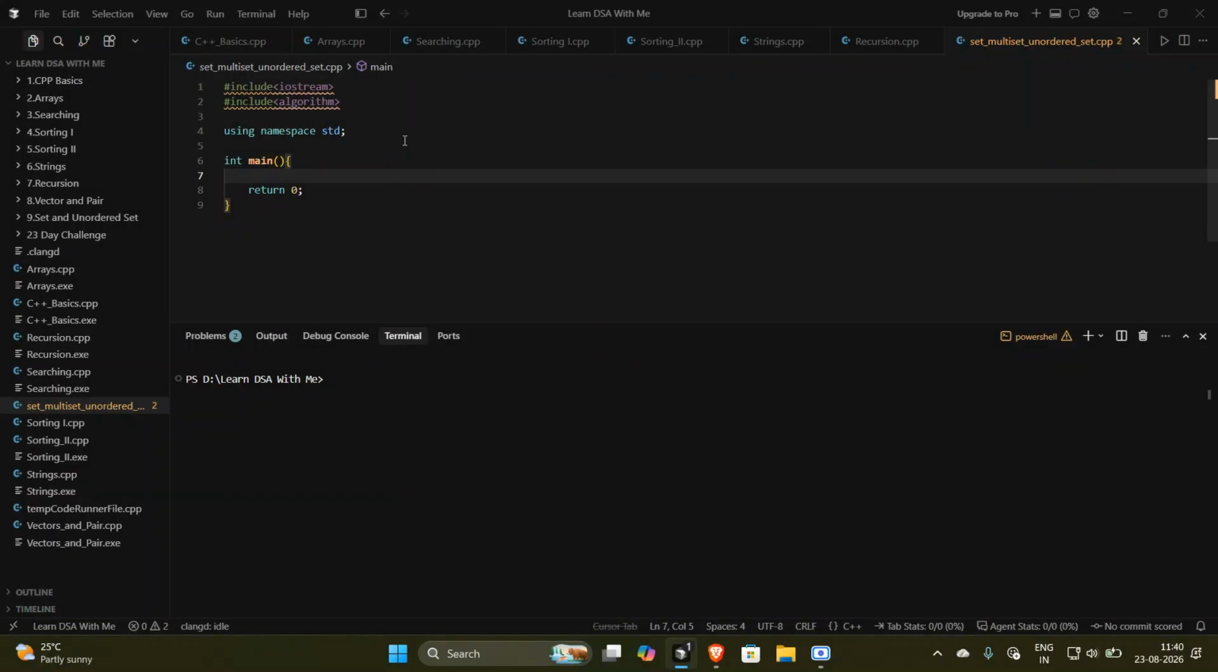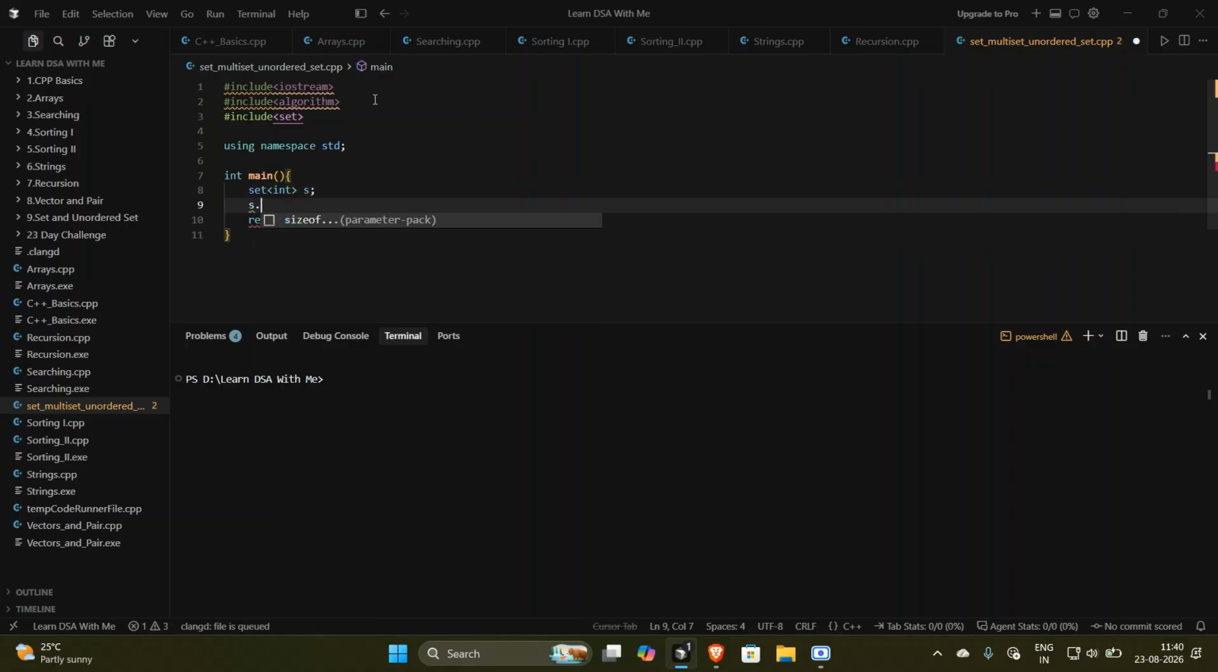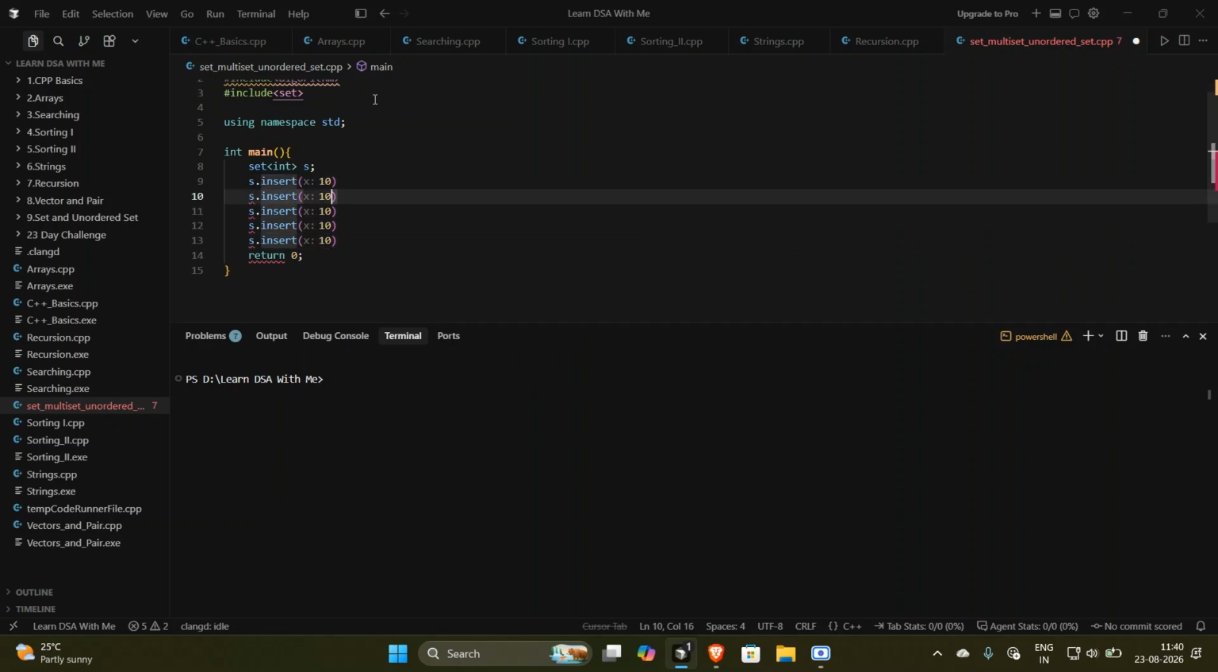Now let's look at the code. First we'll include the header file required for set. Okay, now we can start implementing set. So first we'll declare a set named s, and we will insert the values in it. So we will insert, let's say, 10. We will insert some values, 15, 10 again,